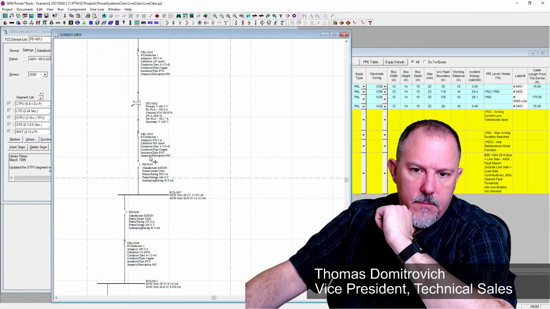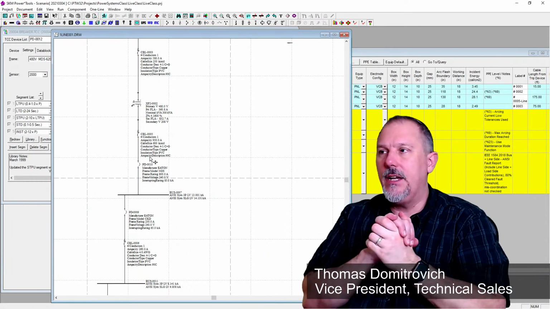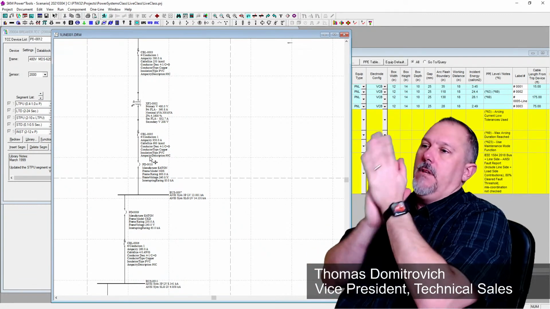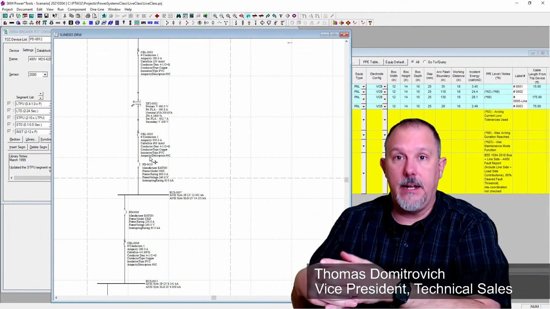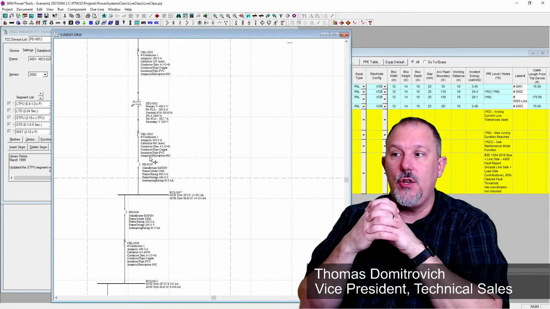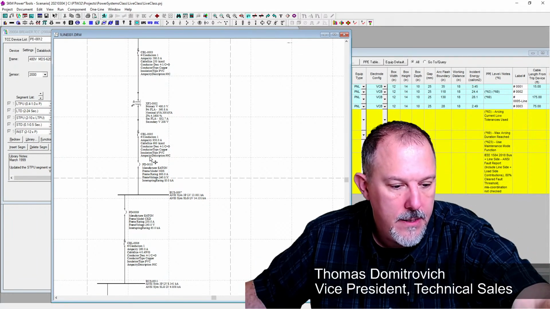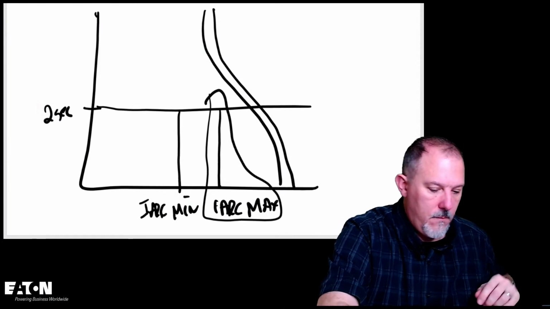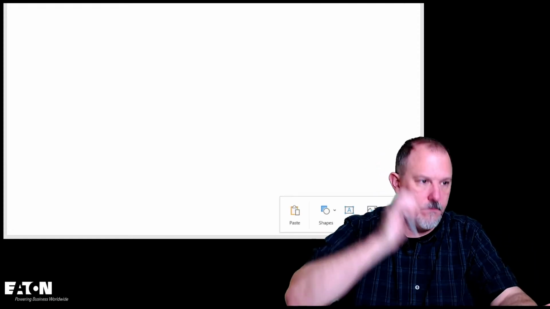Tom, is zone interlocking considered in arc flash studies? Okay, Ahmed, here's the thing with ZSI. I've seen people include that in their incident energy analysis, but here is what you've got to figure out. So if you think about what's going on in a panel,